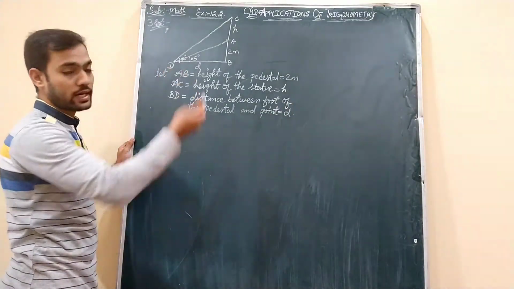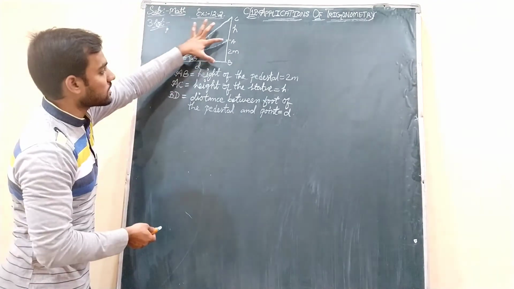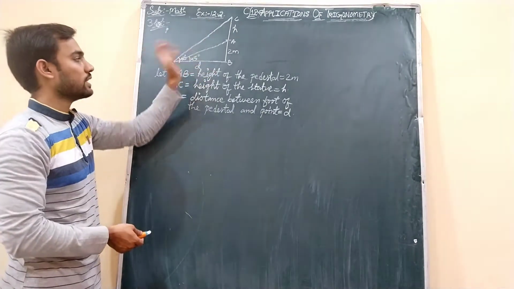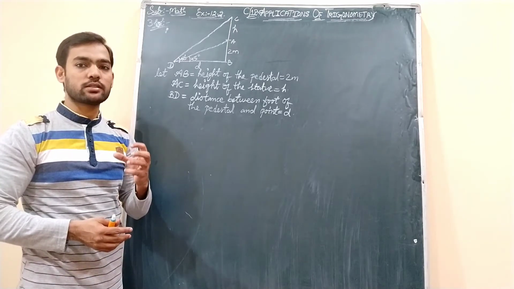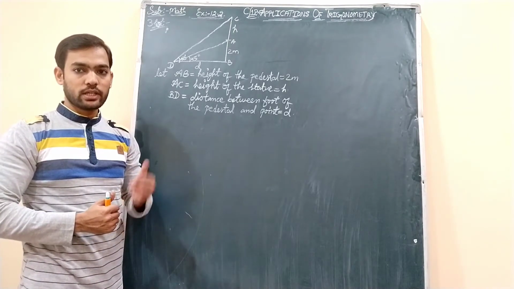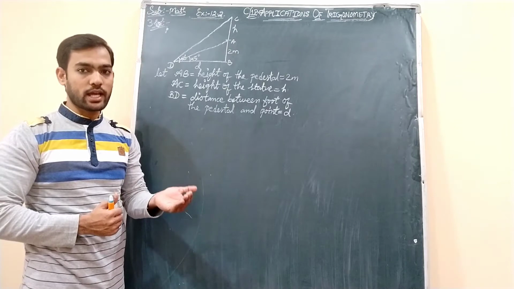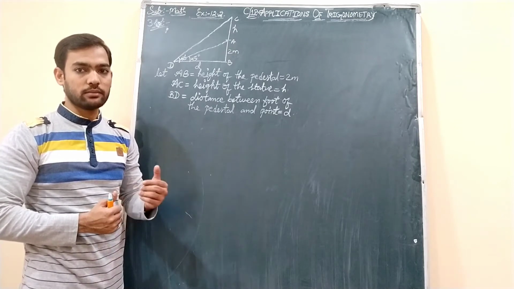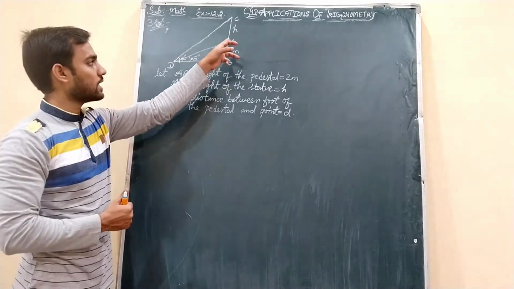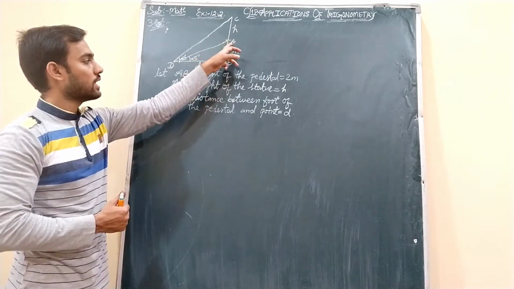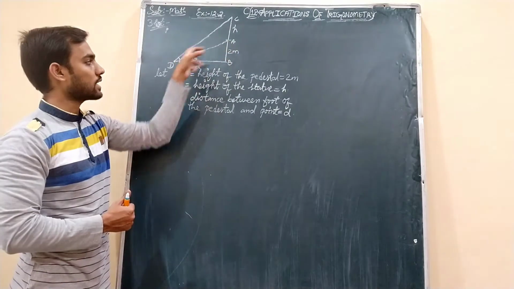So now we will go for finding that height. Let us take this triangle first. See, one angle is 45 degrees, another is 60 degrees. Whenever this situation arises, always select the 45 degree angle first. So I will take this 45 degree angle first, which is there in triangle ADB.